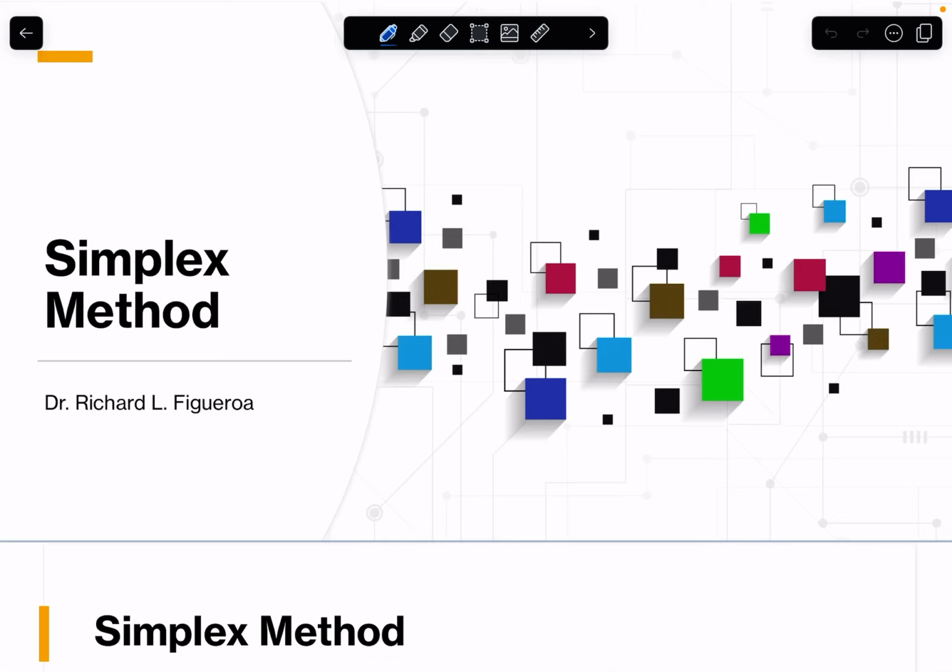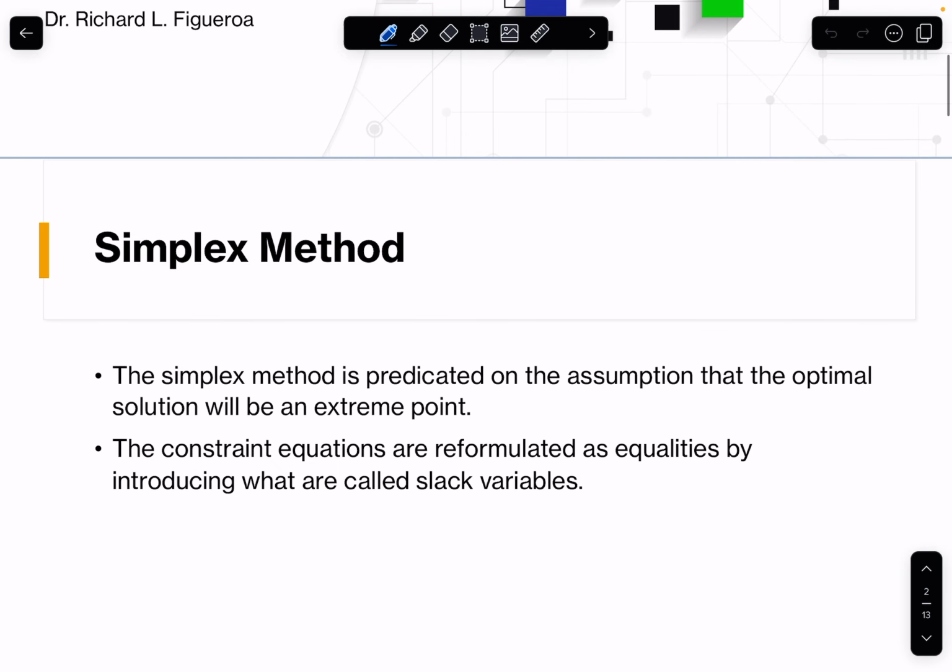Okay, so another method in solving linear programming problems would be the simplex method. So a simplex method is predicated on the assumption that the optimal solution will be an extreme point, and the constraint equations are reformulated as equalities by introducing what are called the slack variables. So the simplex method uses a numerical approach in finding the optimal solution, and that is considering the extreme points,